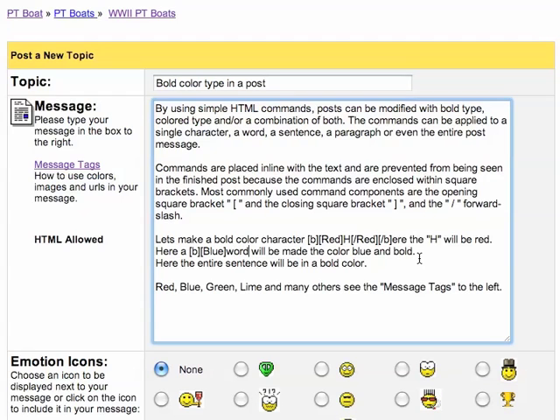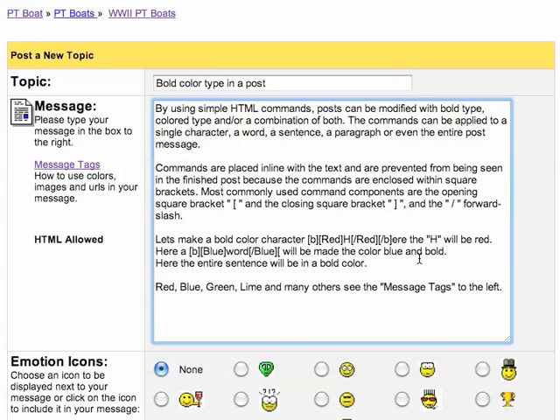So we cursor back to immediately after the end of the word, and we start our command with an open bracket. And we're going to this time tell it to stop. We use the forward slash, and we're going to tell it to stop the color blue, and we're going to close the command off, and then immediately open the next command with an